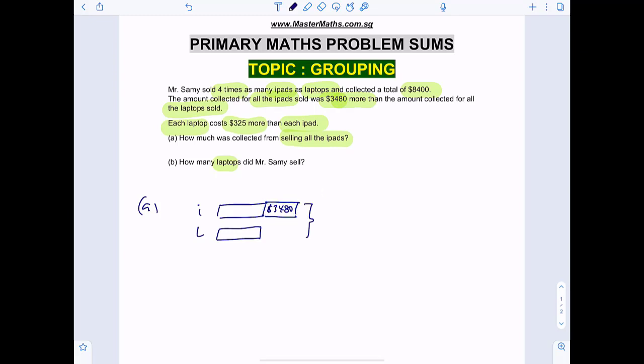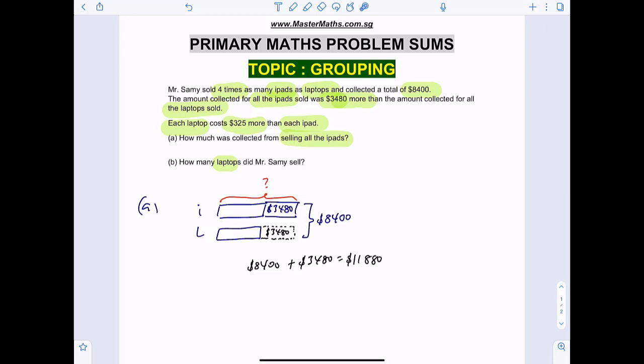So from here, we also know the total collection, 8400. And the question wants us to find the collection from all the iPads. So to do this, we can form the same part for the iPad and also for the laptop. The way to do that is to take the total and add whatever is missing for the laptop. So 8400 plus 3480,